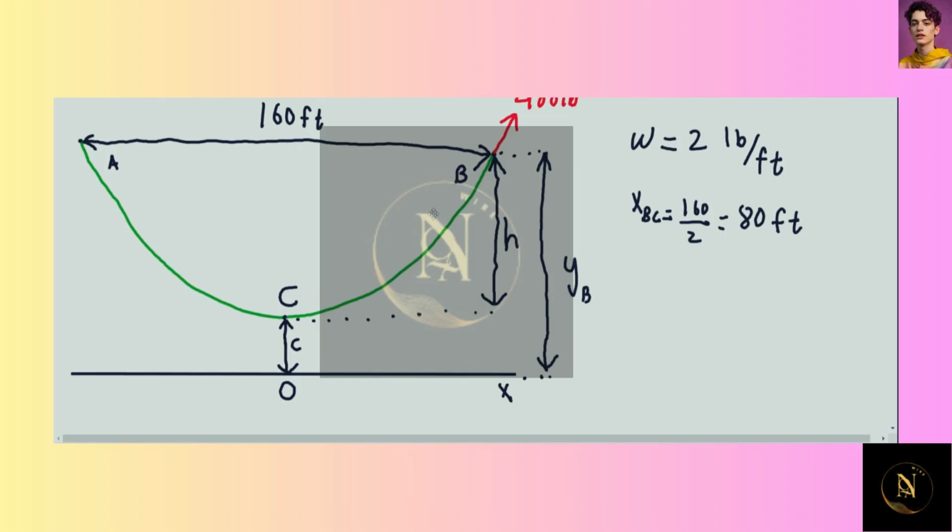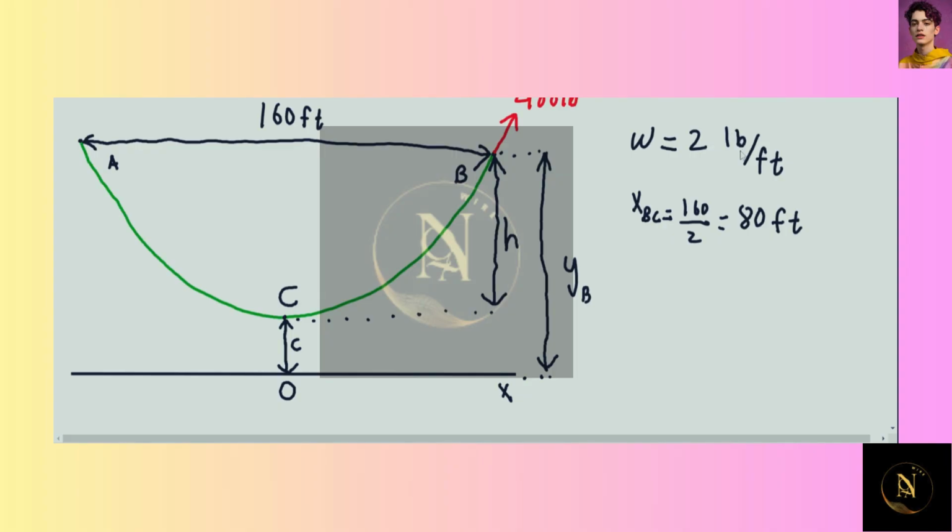We need to find the sag of this cable from point A to point B due to the maximum allowed tension of 400 pounds on this cable. So we're essentially trying to find what this value of H is here whenever there is a tension of 400 pounds on this cable. And we're given that the weight per unit length of the cable is 2 pounds per